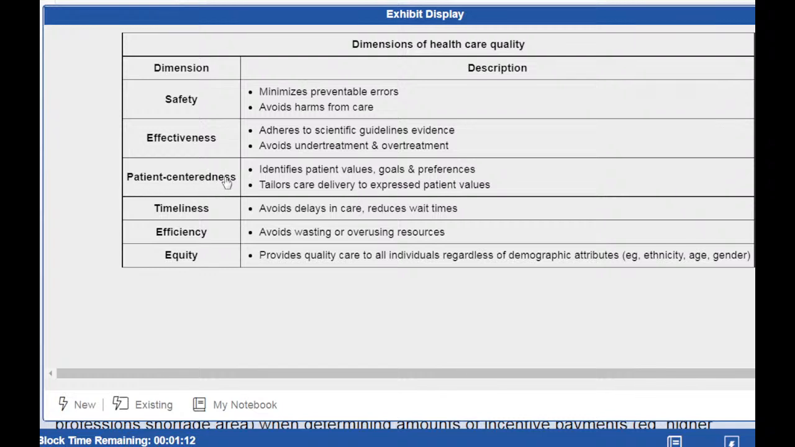Okay, patient-centeredness identifies patient's values, goals, and preference. Tailors care delivery to express patient's values. Okay, timeliness, avoid delays in care, reduce wait times. That's what we always try to do. Sometimes the ERs are so packed. But yeah, try to, that's what they call in ER. They do some kind of call tracking,